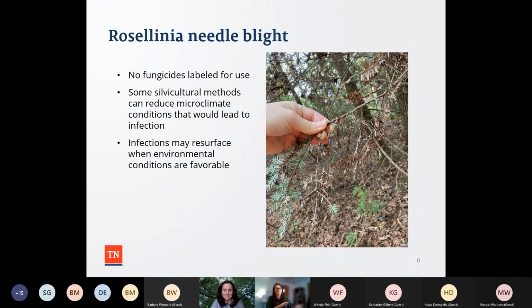And currently, there are no fungicides that are labeled for use. I know that there are a lot of silvicultural methods that have been established, especially out in the western U.S., where this affects a lot of firs and spruce. They have developed a lot of silvicultural methods for managing this needle blight out there. Here in the eastern U.S., in hemlock, maybe thinning of trees could help improve air circulation and might reduce some instances of this, but in the grand scheme of things, there's not a lot that can be done